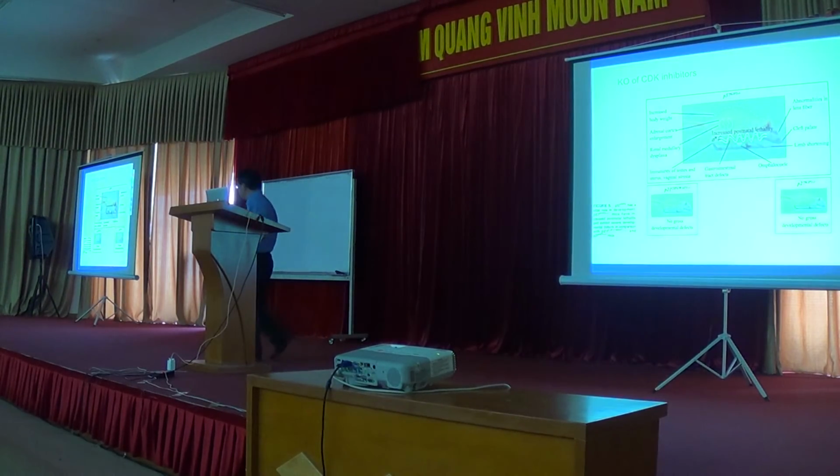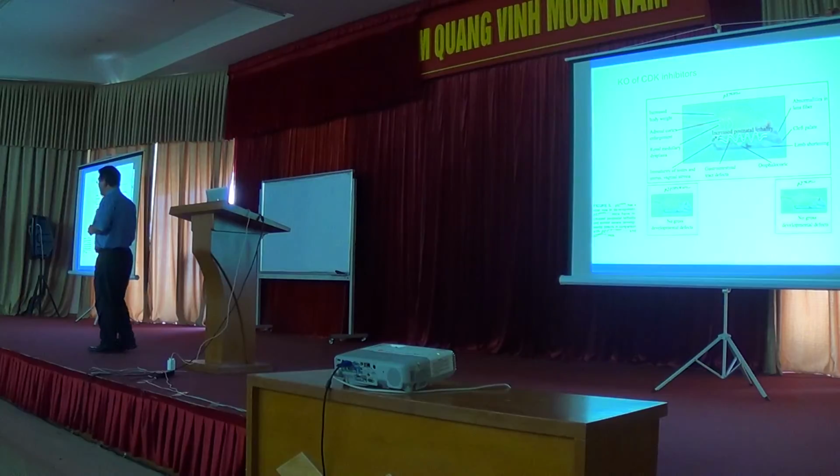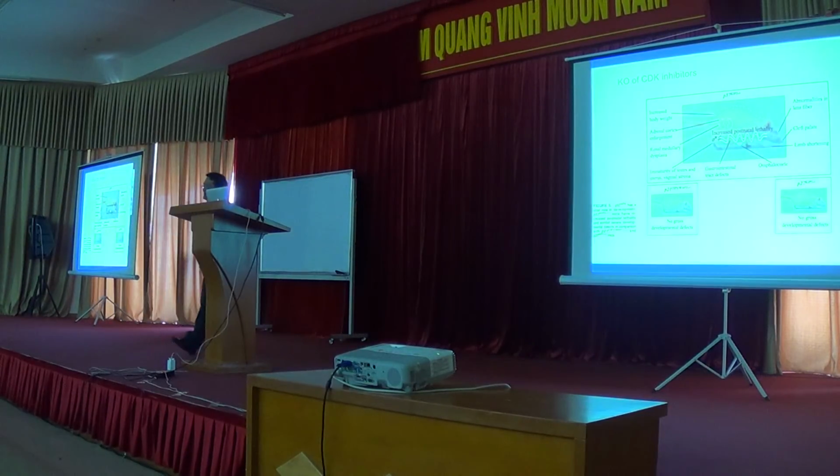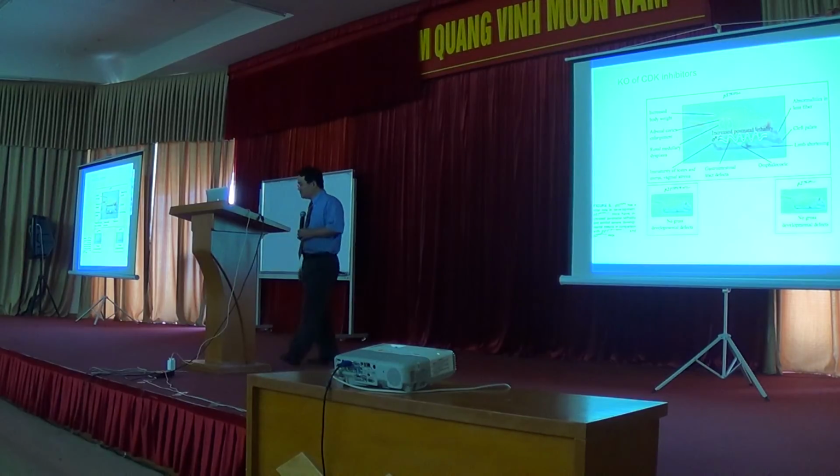But unlike P21 and P27, P57 knockout, remember this is the one who is genomic imprinted, and when we knock it out, the P57, now you have a lot of trouble, okay? These particular knockout mice has a cleft palate, has a gut system defect, has a bone defect, etc. Meaning that P57's biological function cannot be replaced by either P21 or P27. Okay? So just to share with you some of these important gene regulation.